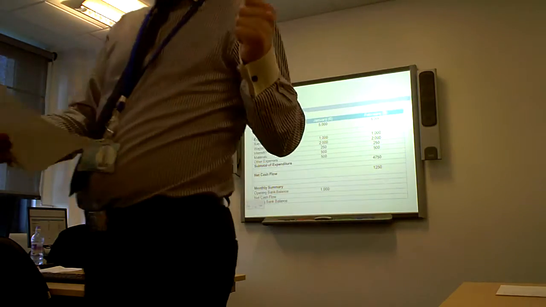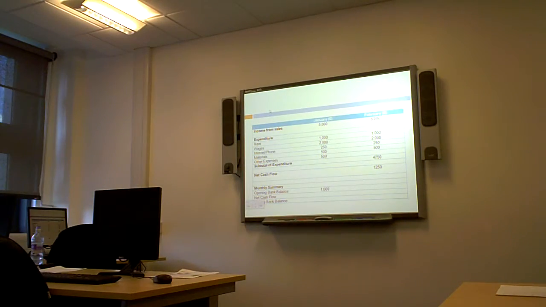How we doing? Dom, can you help with the last one? The very, very last one. I can't figure that out. Well, remember what I said about the opening bank balance being the same as the closing bank balance the month before? Yeah, I can't figure out how to get to the closing balance. I'm not sure what to take away from. Well, closing bank balance, what did I say the equation was? The sum total minus the income.